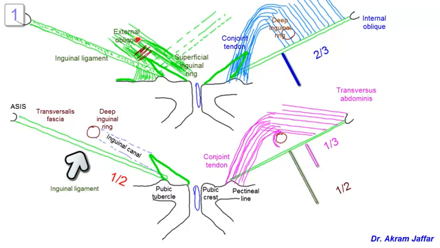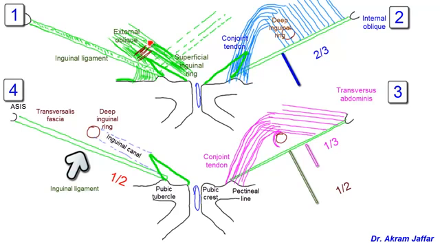Just to remind you, this is the most superficial diagram showing the superficial inguinal ring and the aponeurosis of external oblique, and this is the deepest level of the diagram, which shows the transversalis fascia and the deep inguinal ring, and then this deepest layer is covered by another layer of the transversus abdominis muscle, and then another layer of the internal oblique muscle, and returning back to the most superficial layer, which is formed by the external oblique muscle